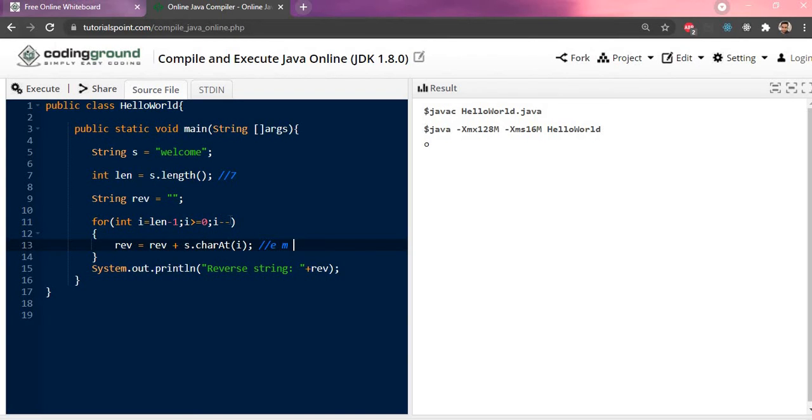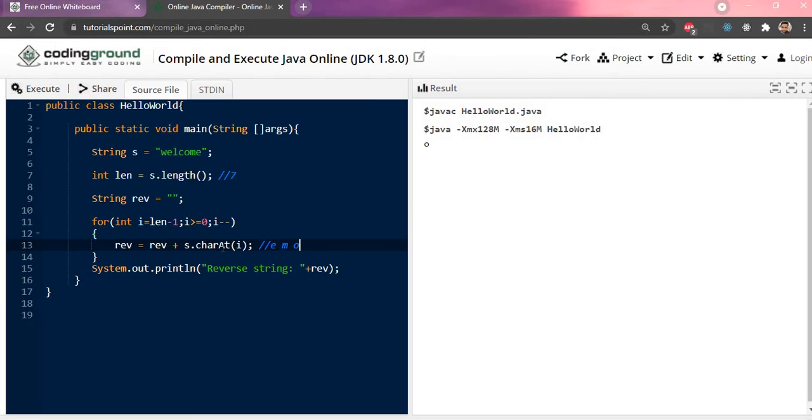Again 5 will get decremented here. 5 now becomes 4. 4 is greater than or equal to 0. The condition is true. It will be concatenated with the fourth index value, 0, 1, 2, 3, 4. So O will come here. Now 4 will get decremented. The i value will become 3. 3 greater than or equal to 0, true.